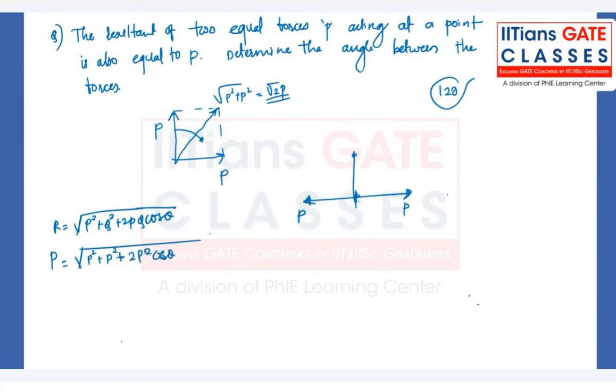If you square both sides and solve, you will get P square equal to P square plus P square plus 2P square cos theta. So basically this P square you can cancel, and cos theta is minus 1 by 2 you will get,